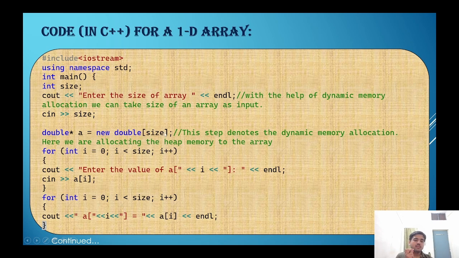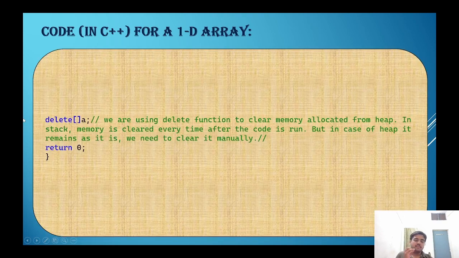Using the new function, we have allocated an array of size integer size from the heap memory, and then we have taken its input from the user. Then for each and every element of the array, correspondingly we have taken output. Now we have used this delete operator to free the allocated memory that was associated with array a,